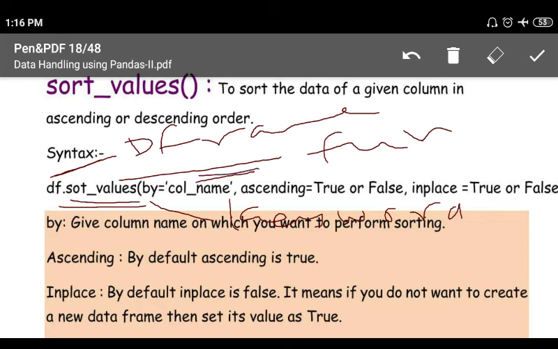Column name is the name of the column on which you want to sort. ascending=True will do ascending order, or if you put False, then it will do descending order.